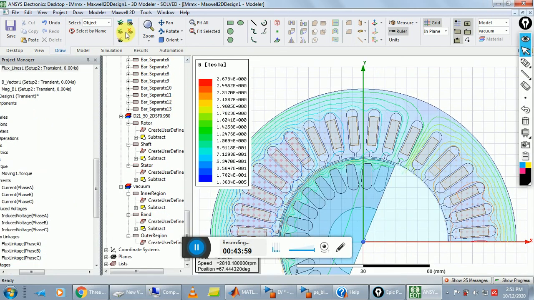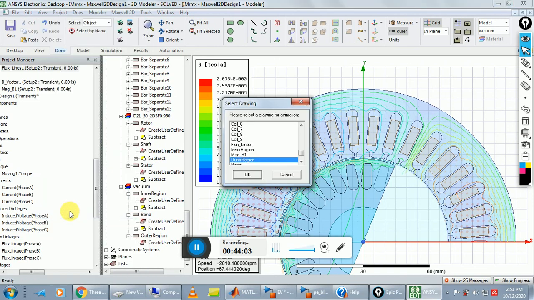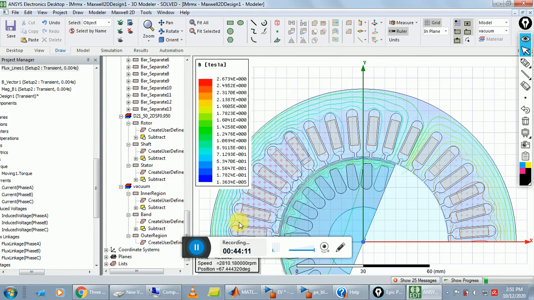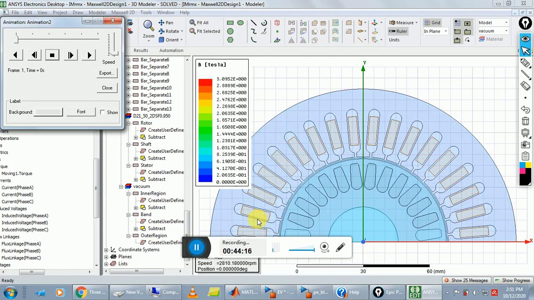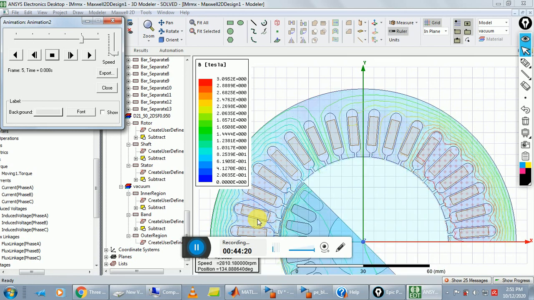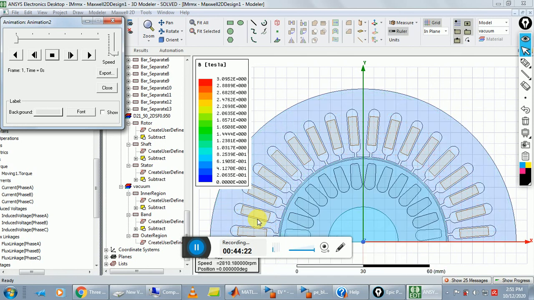And go to your view and click on animate, select outer region, make it OK, select these time steps, click on OK and wait. This is your animation mode for the Maxwell 2D design.